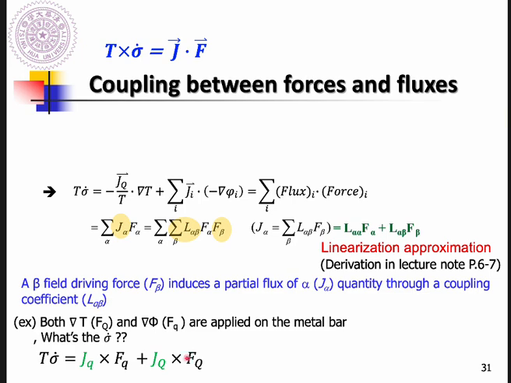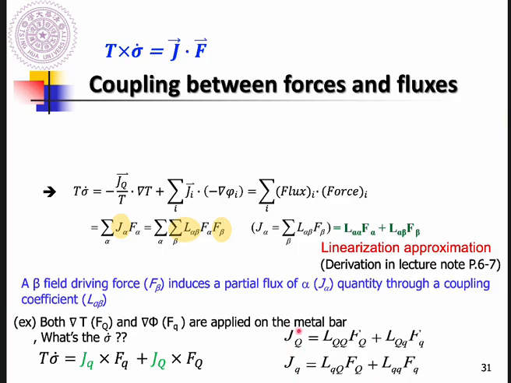The same idea applies to heat flow. Heat flux is directly driven by the temperature gradient for sure, but the electrical potential gradient also contributes some heat flow. So in order to know the current density and the heat flow, based on this flux-force relationship, we can